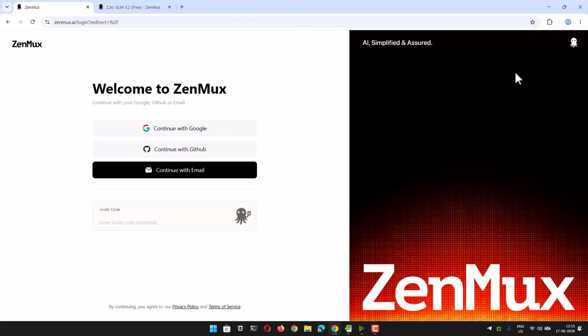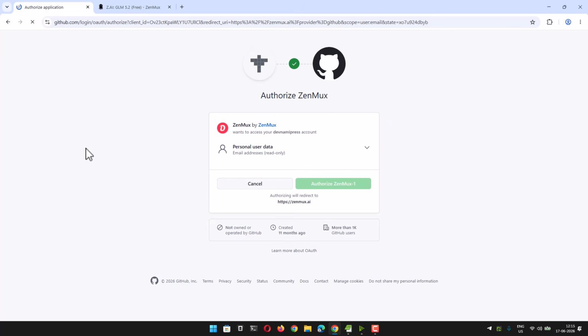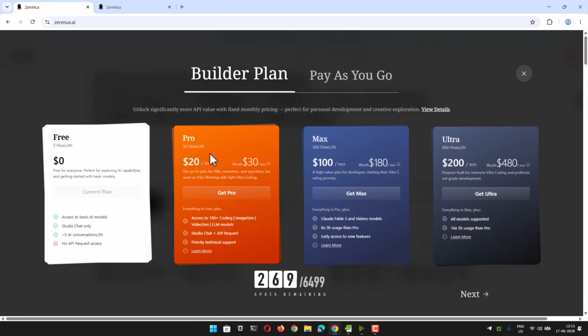You will be required to sign in through Google or GitHub or even email, right? One of these options should work. So I will go with GitHub. It will require me to authorize, and once you authorize, it will take you to the dashboard, right? You also have to go through a captcha, obviously, considering a lot of free stuff means you will have bots,